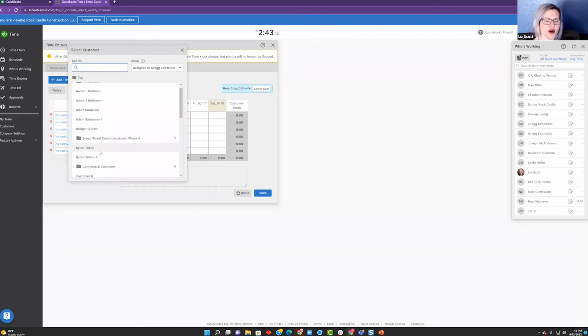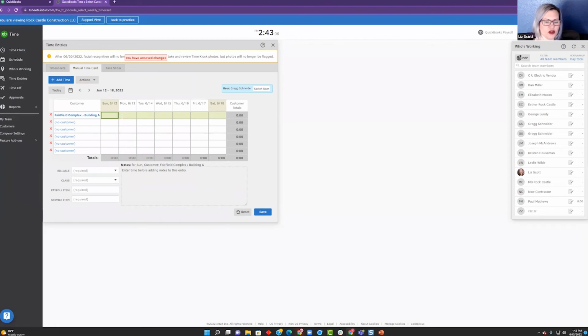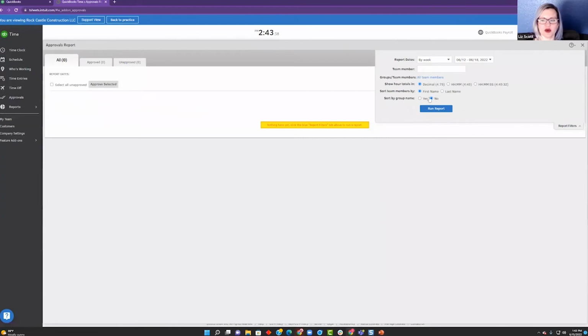And those of you who are familiar with QuickBooks Time, you would know that you would most likely do this on the app. So we could put in however many hours that we wanted to add, and then save all of this activity. Probably you would have the worker themselves, while out in the field, enter their time. And then once that time was added, you could go through and do an approval,